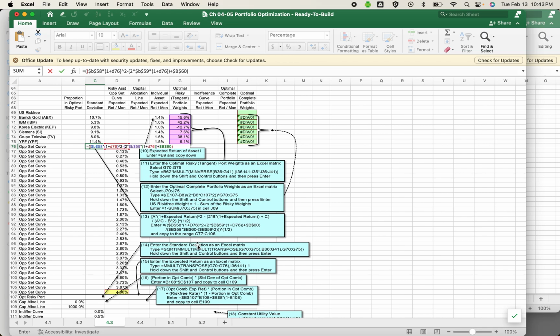Okay, do I have it correct? Just verifying my parentheses, B60, and then divided by,